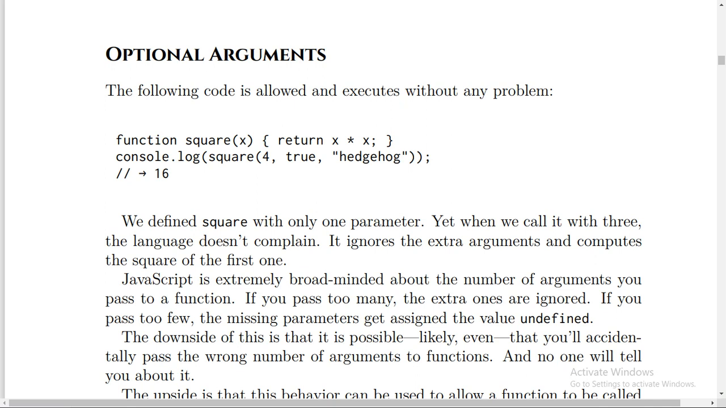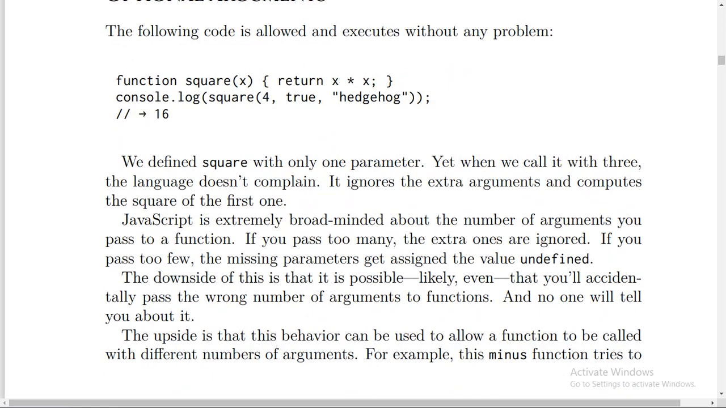JavaScript, by the way, is extremely broad-minded about the number of arguments you pass to a function. If you pass too many, the extras are ignored, and if you pass too few, the missing parameters get assigned the value undefined. The downside of this is that it's possible, likely even, that you will accidentally pass the wrong number of arguments to functions, and no one will tell you about it. And the upside is that this behavior can be used to allow a function to be called with different numbers of arguments. For example, this minus function tries to